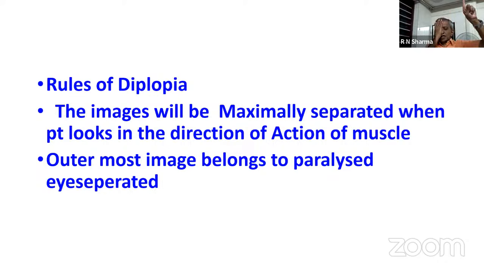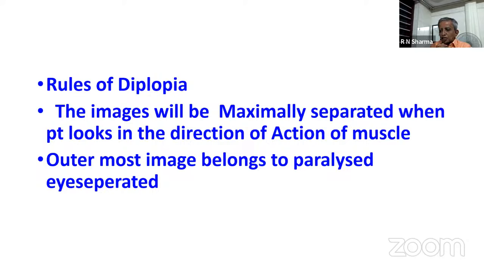I close the right eye. Then the outer image disappears. That means the paralyzed eye is on the right side, so it must be the right inferior oblique, which is the one that elevates. If I close the left eye and the outer one disappears, it is the left superior rectus. This is how we resolve the actions of the extraocular muscles, looking for binocular diplopia